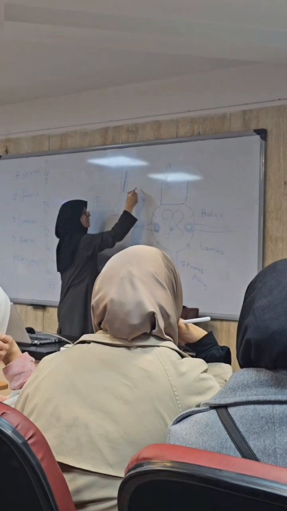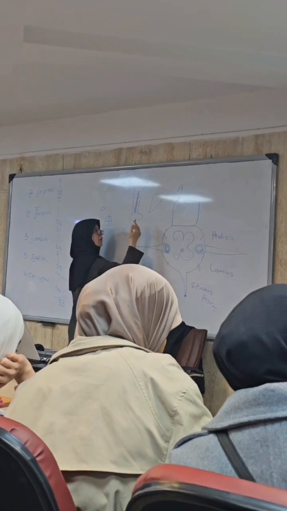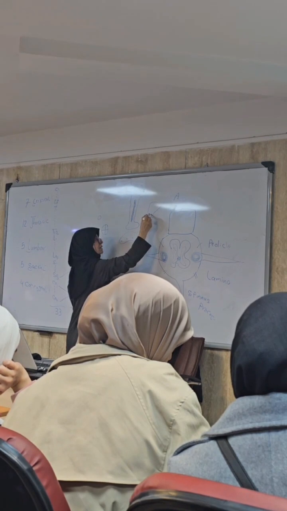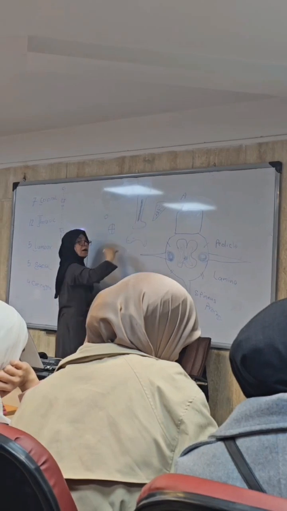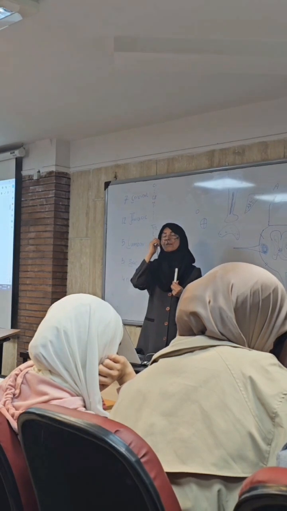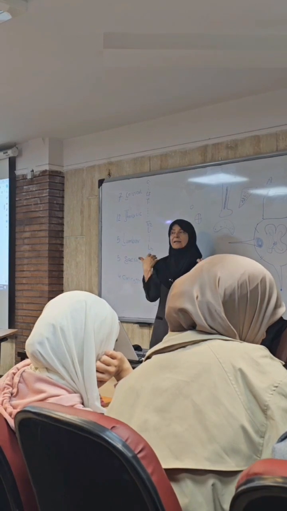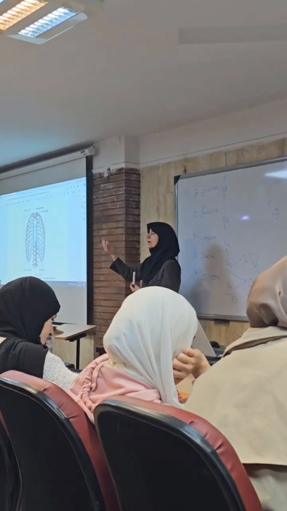But in a flat bone, for example the scapula, you are not able to find a central canal. Inside of all these small spaces, you are able to find the bone marrow. And you know, the thickness of a flat bone is smaller than its other diameters. In a long bone, the length of the bone is longer than the other diameters. Now, in this picture, on each side of the thorax,